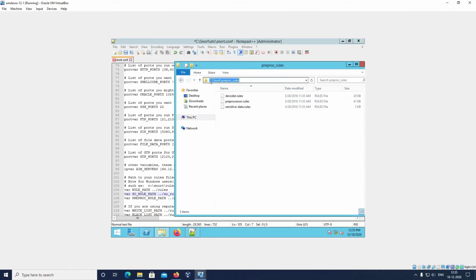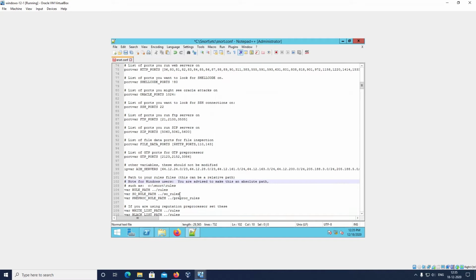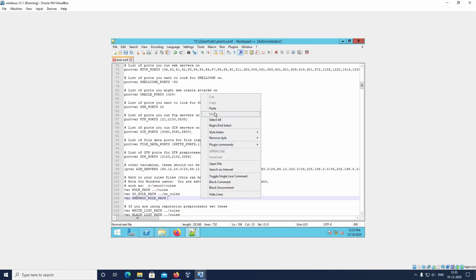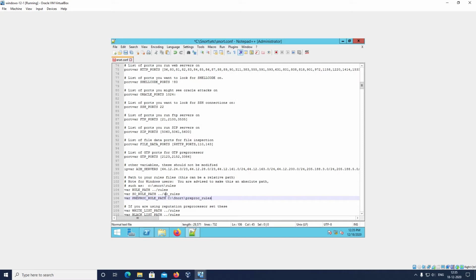So we can see that the path of the preprocessor rule is C:/Snort/preprocessor. So we will copy this and paste it here before the preprocessor, replacing it with this. Same thing we will do with this one. It is in the C folder, C:/Snort/rules. So we have to mention the correct path of those rules, so it will detect while we are running the